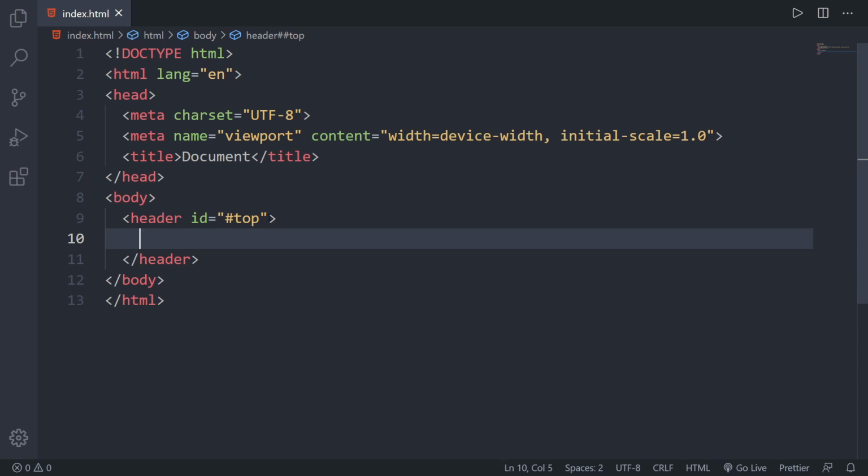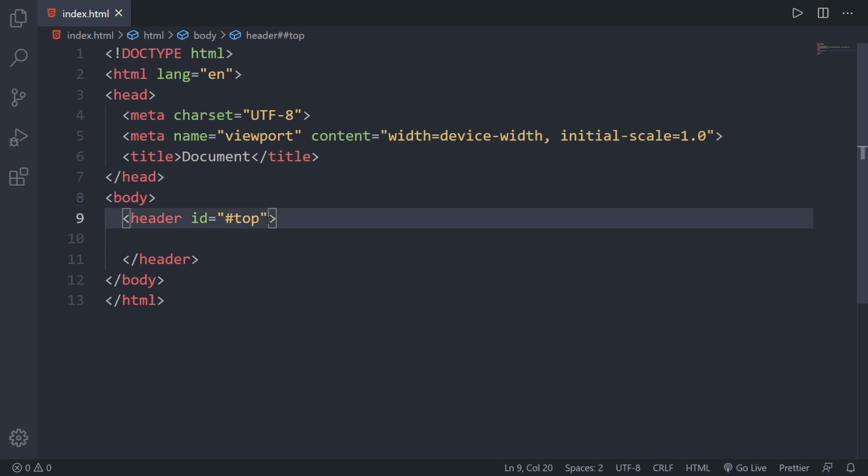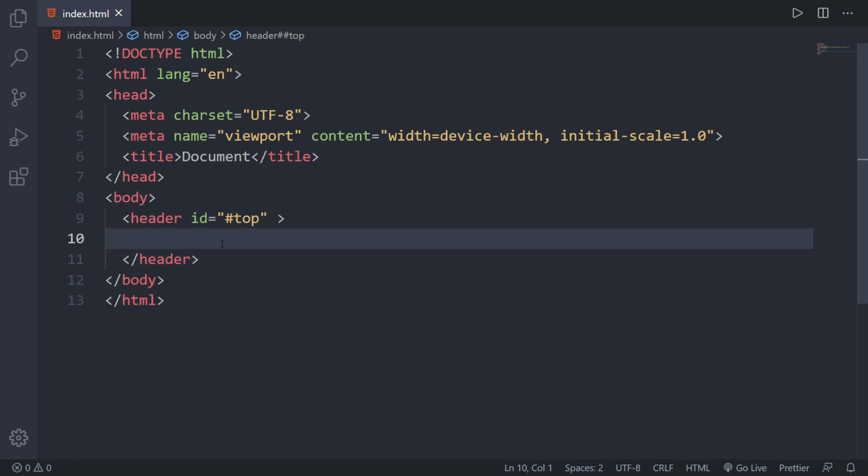So every HTML tag has basically three attributes using which you can select them in the CSS file, and everything has a different use case. Like you have id, I gave it id top. Id can be used for CSS styling, and as I said, to link a button or we can just give a normal text link, and when we click on it we will just go back to the header or this section of our HTML file. Okay, or web page. So that's two use cases of id.